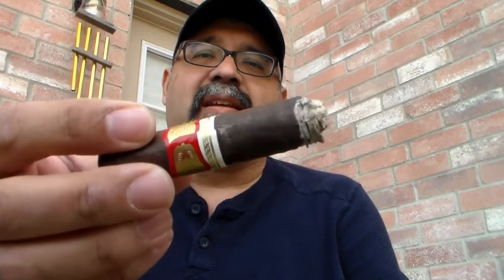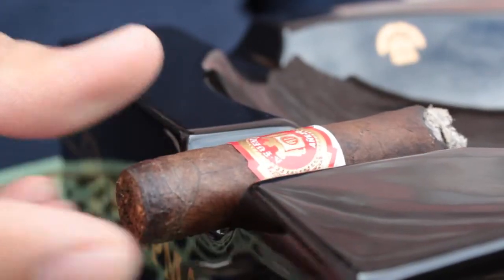and it has changed a little bit, complexity-wise. It's gotten a little bit sweeter. I'd say it's kind of like a raisin sweetness, and the burn line is still kind of jagged, and the ash is still very flaky. But again, I'm going to attribute that to the weather, the fact that it's a little windy out here. That sweetness is a nice change, has made it a little more complex than I was expecting,